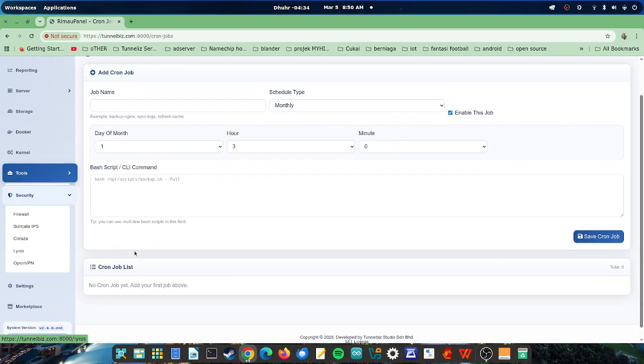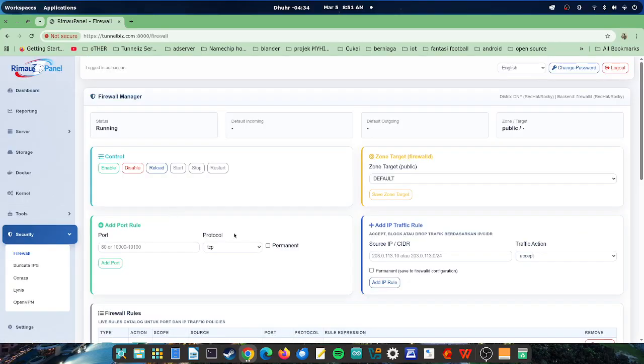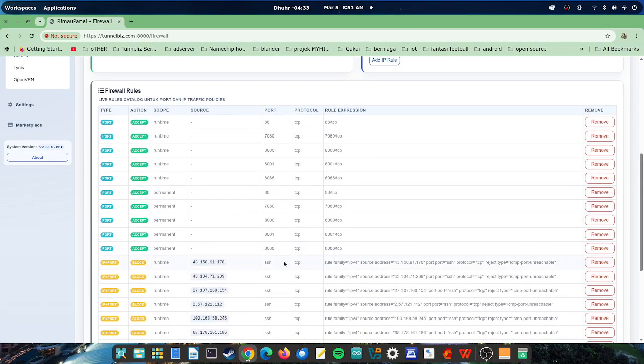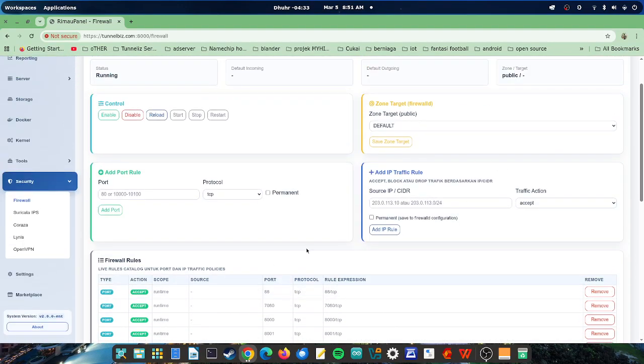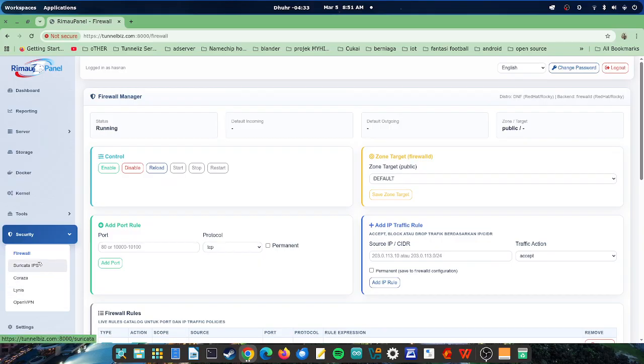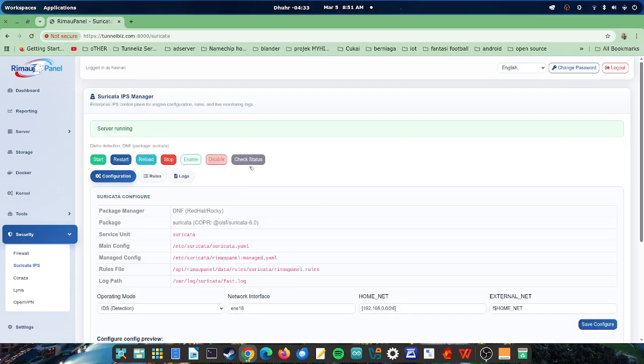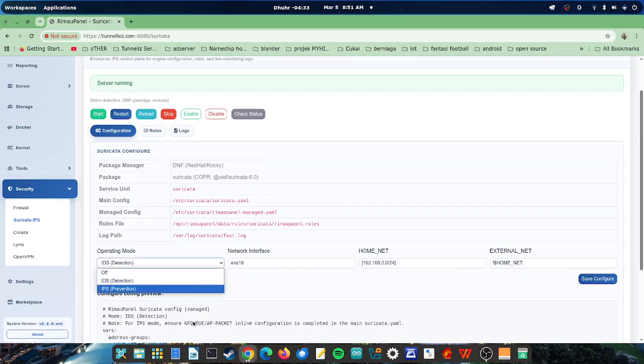All right, for the security section, we have a firewall. We have created a UI for the firewall. You can add a firewall for your server, your web server, or your mail server, no matter what it's used for. Next, we have the IPS series, IPS server, IPS protection. So we can start to be active as an IDS or an IPS. That is entirely up to you to decide,